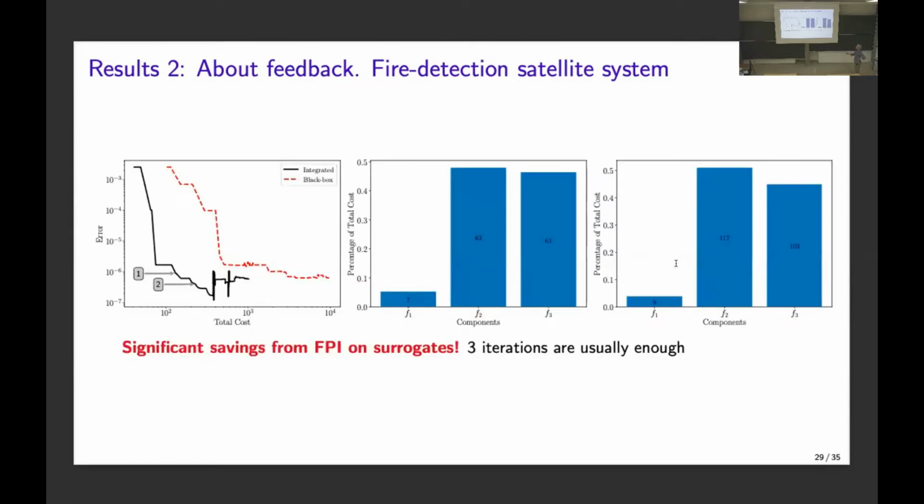Again, this is the standard way of doing it, black box, the red thing. And this is us, this is the black convergence. And here there's a further level of saving because now we're doing FPI, fixed point iteration, on the surrogates, not on the full models. So I'm doing FPI on polynomials rather than FPIs on ODEs. And that also saves a lot of time, right?